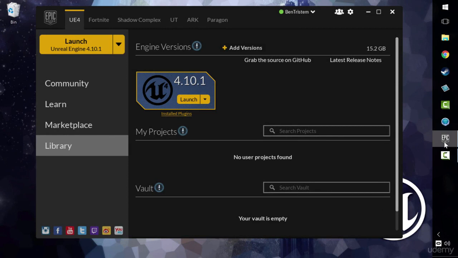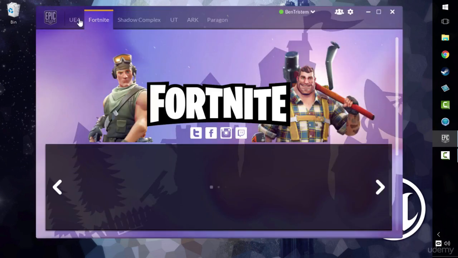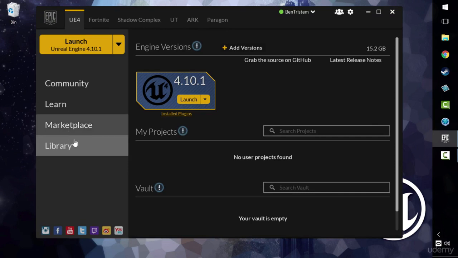So here we are back at the Epic Games Launcher. Hopefully by now your Unreal Engine has finished downloading. If it hasn't, it'll be telling you here and slowly filling up this logo with black from the bottom to the top. Now, if you can't see any of this, then firstly check you're on the right tab. You may be on one of these other tabs along here. So let's make sure we're on the UE4 tab and that we're in the library section of the UE4 tab,